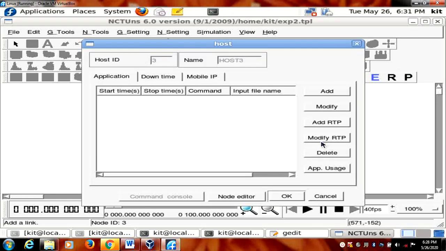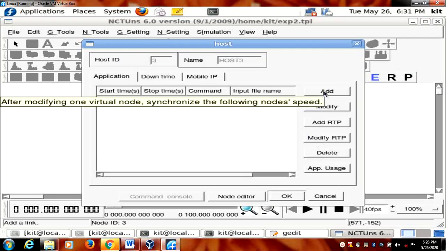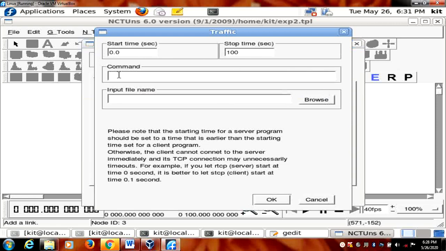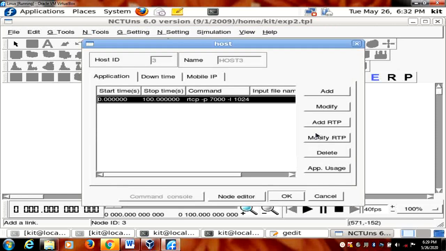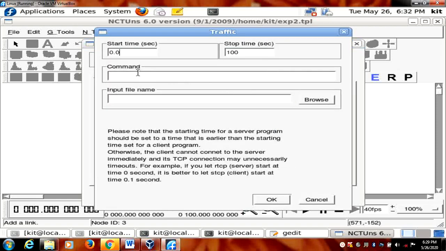Go for third one. This is the receiver part. I need to give a 2 part, so I will go for add 0 to 100. So it is TCP space minus p space 7000 space minus l space 1024. Okay, go for OK, go for again add. Again start time and stop time is same. rtg space minus u space minus w space log 1.